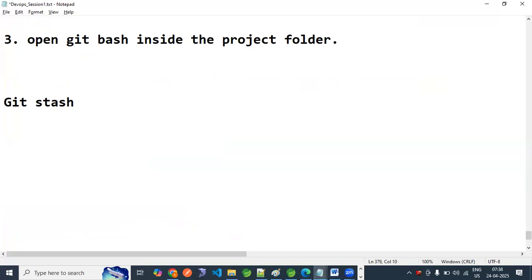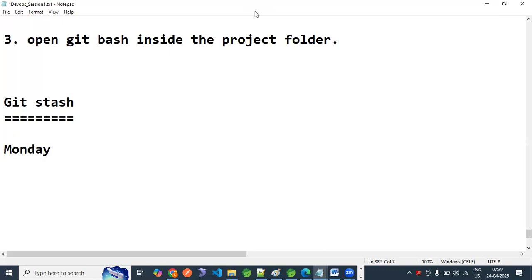Important. Guys, all the tasks, whatever code you are moving, you as a developer or as a DevOps, whatever code changes, whatever work you are doing on top of the GitHub repository, that work is nothing but a task, right? Let's say